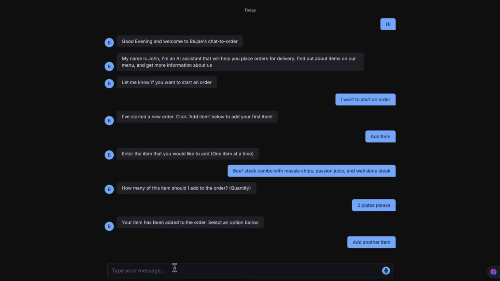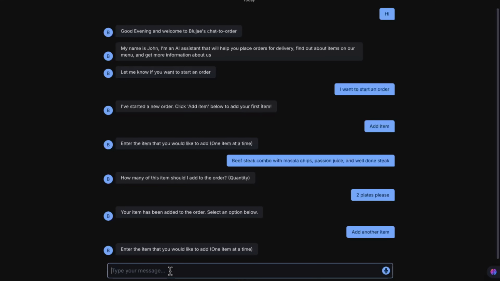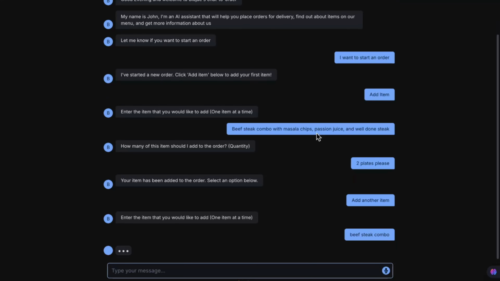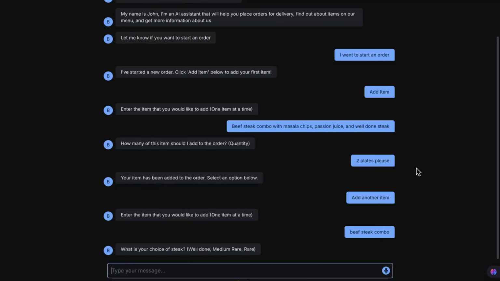So let's go ahead and add another item, and let's add the same exact item. Let's say the beef steak combo. This time I didn't clarify masala chips, passion juice, or the well done steak, and let's see what it says. So you can see it has now asked what choice of steak, because I did not clarify. So let me say